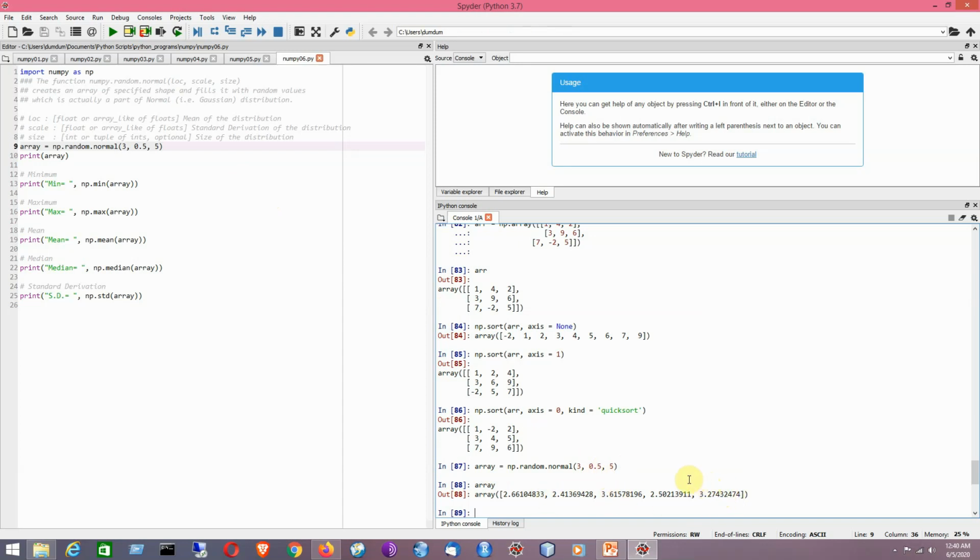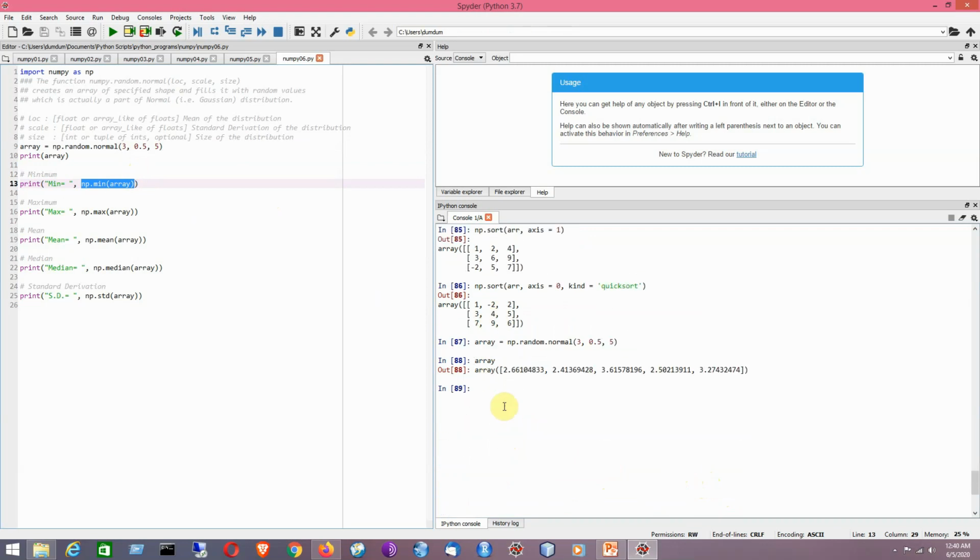Now I would like to apply different operations on it, like the minimum value, the maximum value, the mean value, that is average value, and the median and standard deviation. That can be performed on the given array. Clear? So it is showing the minimum value of the given 5 values from the array that has been created just now. Now I will be considering the max. Instead of taking min, now I will be taking the max value. So what is the max value? It will be shown. Okay. So this is the maximum value.